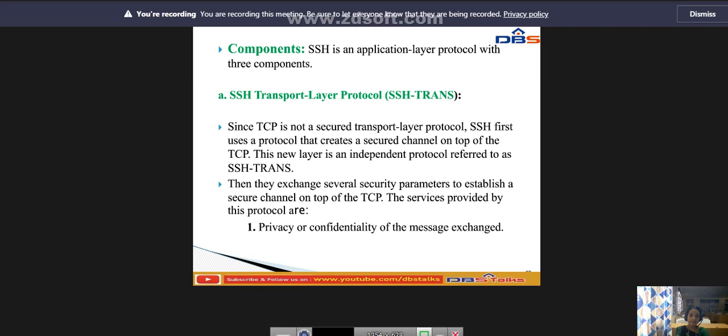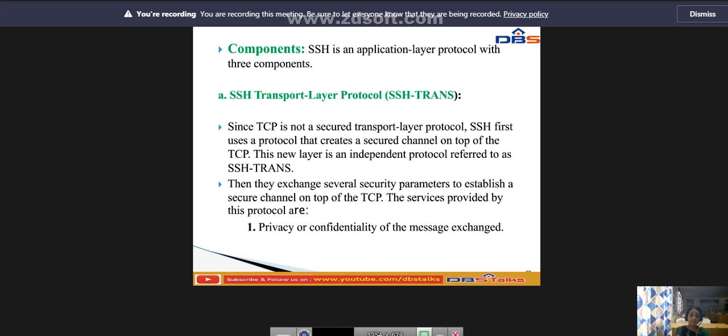This new layer is an independent protocol referred to as the SSH transport layer protocol. When the procedure implementing this protocol is called, the client and server first use TCP to establish an insecure connection. Then they exchange several security parameters to establish a secure channel on top of TCP.